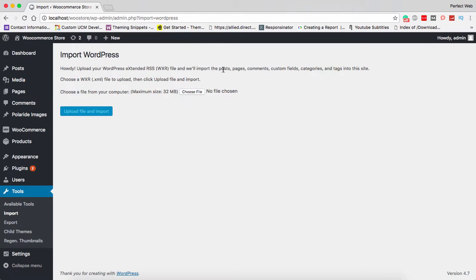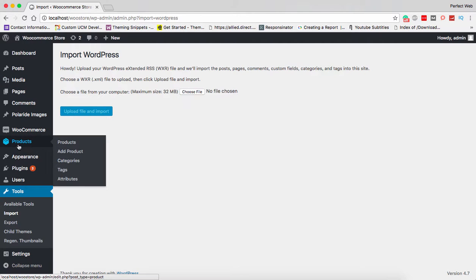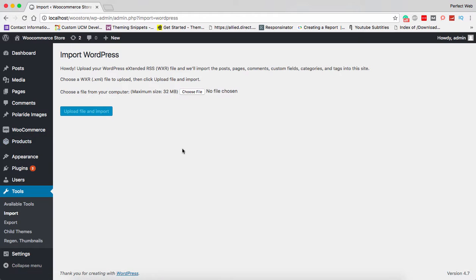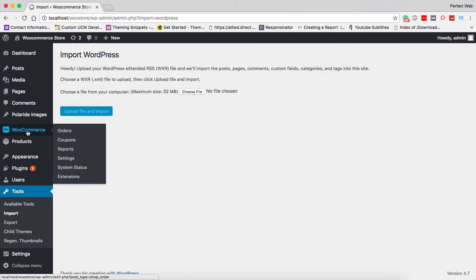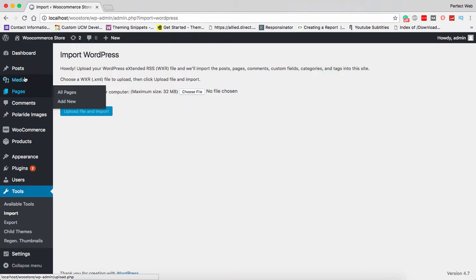Basically, products are also kind of posts, so it doesn't mention products here, because everything here is a type of post. WooCommerce products are a type of post which have different options. A page is itself a post. A post is a post having different features.